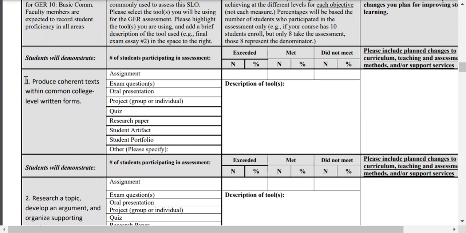So you'll notice that some of these are relatively broad, right? Producing coherent text within common college-level written forms. What exactly does that mean? Well, the outcomes are often developed intentionally to be vague so that we have quite a bit of flexibility in interpretation and quite a bit of flexibility in how we implement